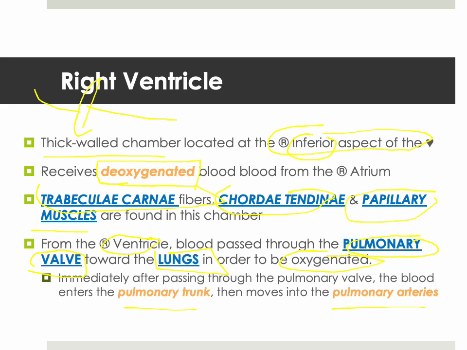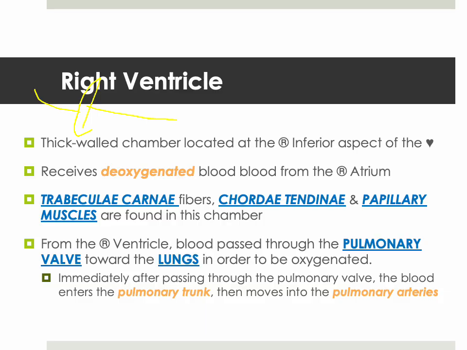Okay, and then the pulmonary arteries are just some branching. So we have a pulmonary trunk. Let me just erase this a bit. Basically it is just some branching. So we have a pulmonary trunk that is going to branch in two, and those are going to be the pulmonary arteries. You're going to have a left pulmonary artery and a right pulmonary artery stemming from the pulmonary trunk. Okay,